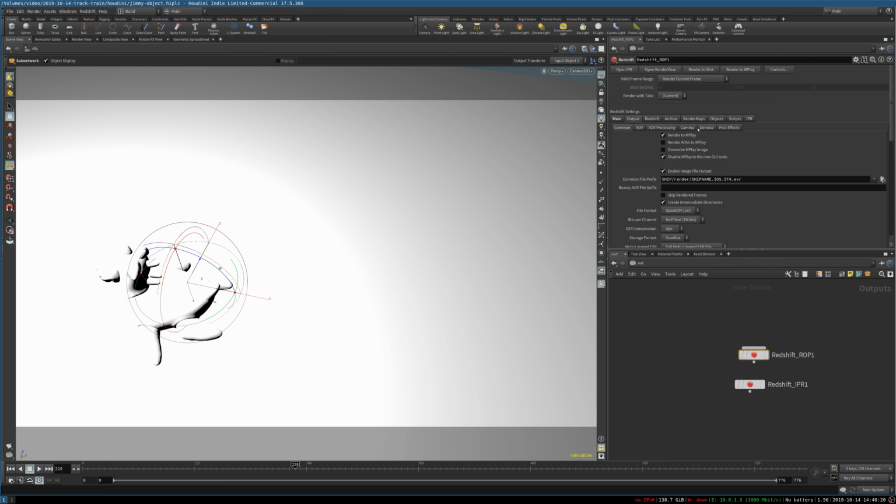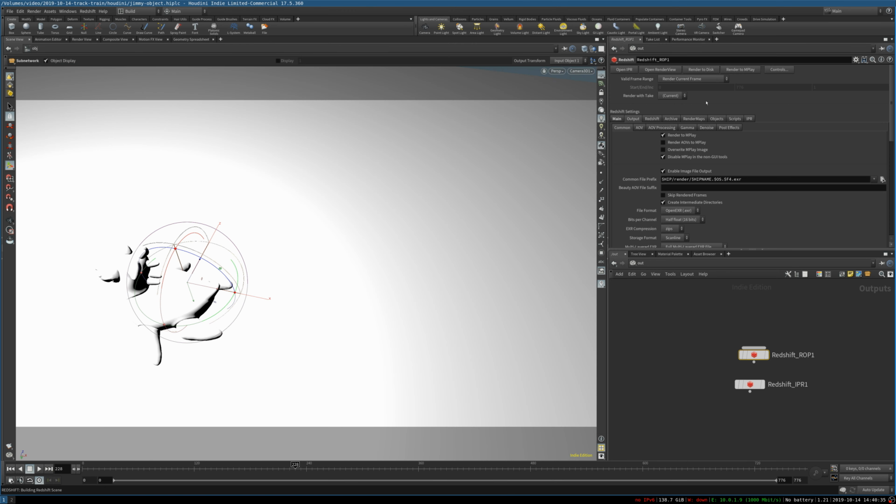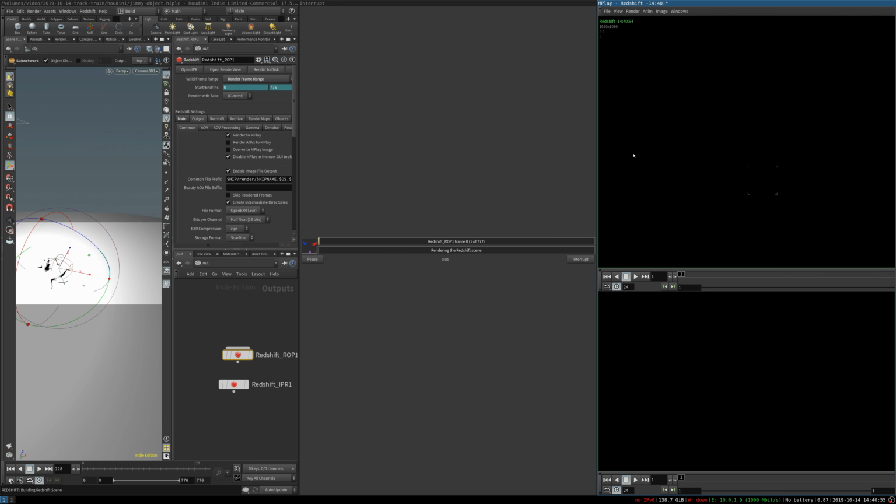Main thing I want to do here, so we can render to mplay. Should give us an idea of what it looks like. A little bit noisy. It'll be okay for telling if this process worked. So we can render frame range, which should be 0 to 766. And output these half floats. This all should be okay. These should all be linear. So if I say render to disk,